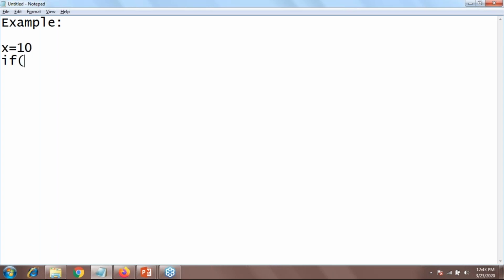Okay, let's move to the second question. Second example. Let's use one more example, that is for one more methodology. X equals 10, then if my x equals 0, then you just need to print hello.